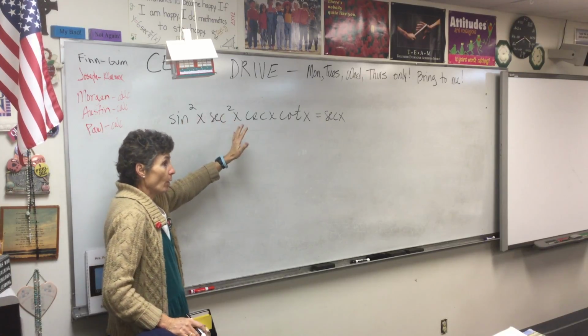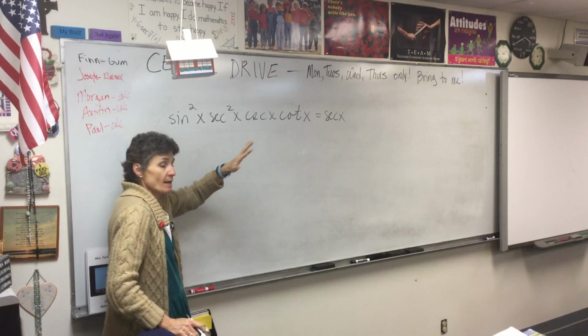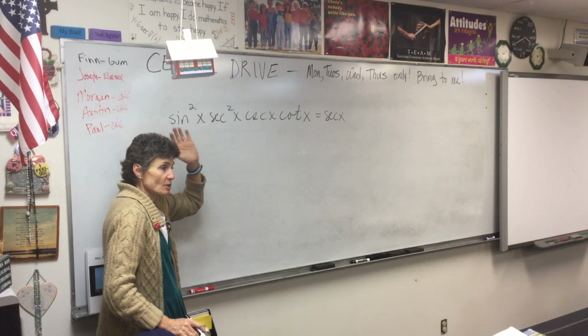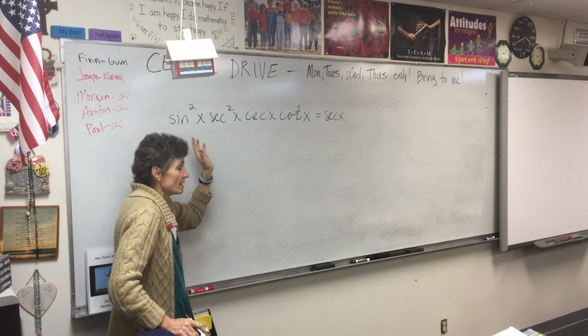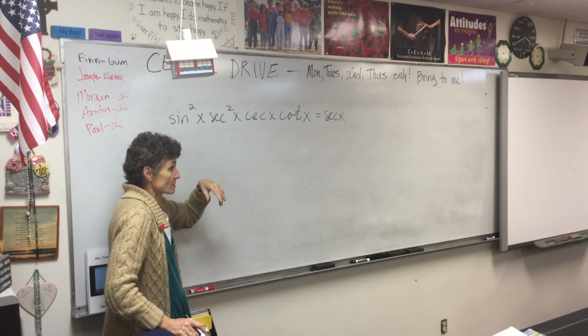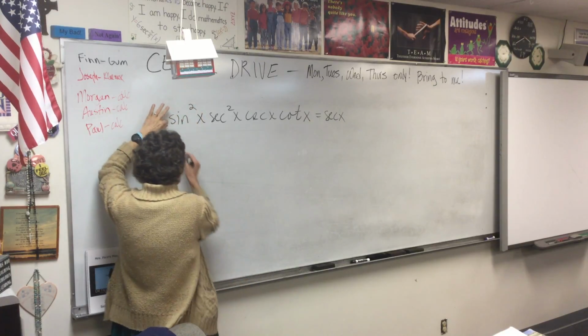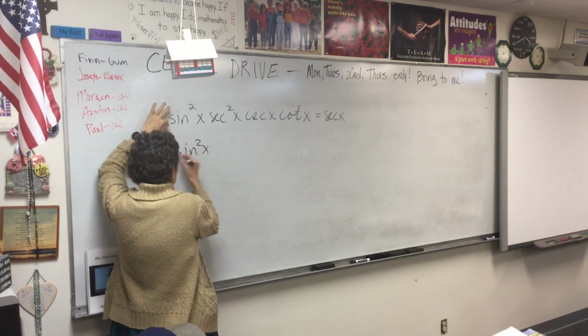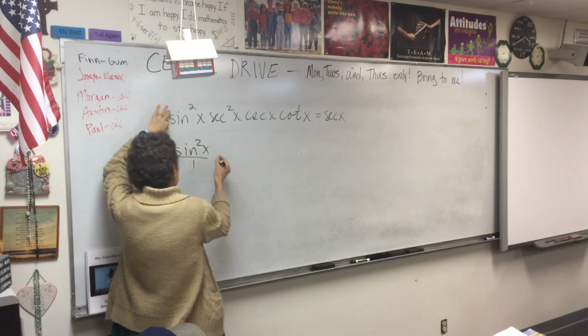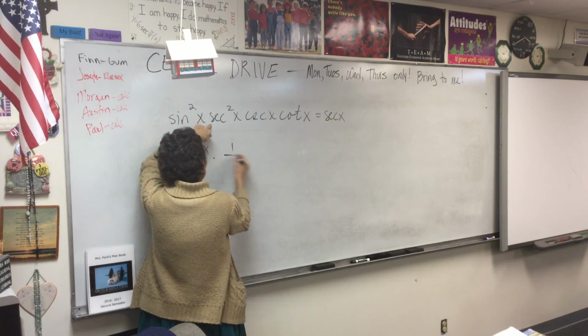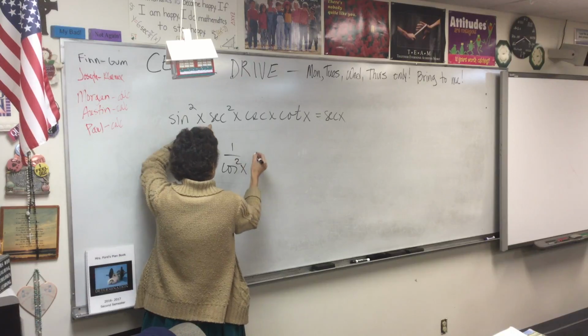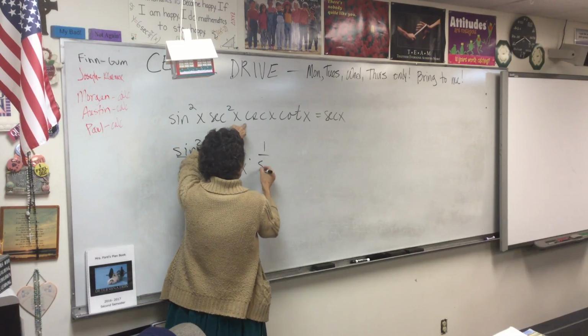So I'm going to boil everything down to sines and cosines because hopefully if I do that, a bunch of stuff will cancel out. So sine squared, I'll put it over 1 because all these are going to be fractions. 1 over cosine squared, 1 over sine,